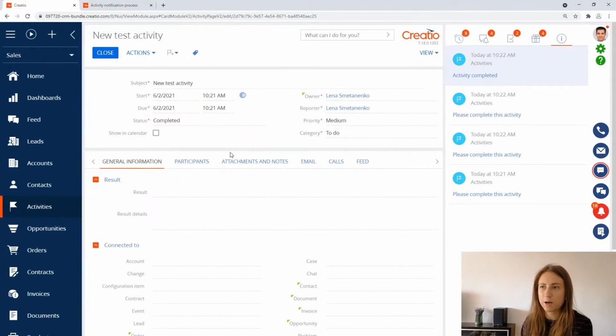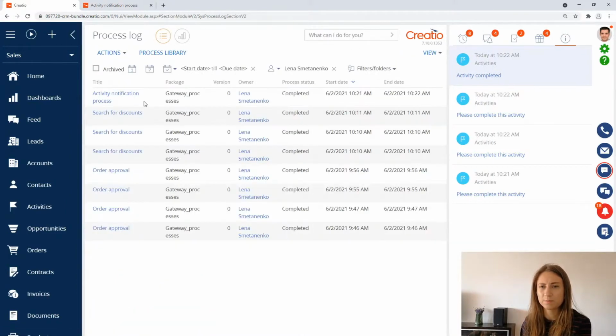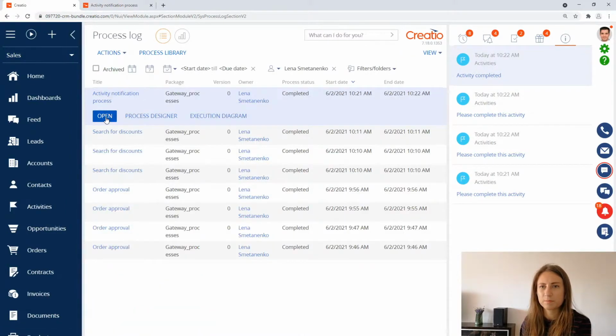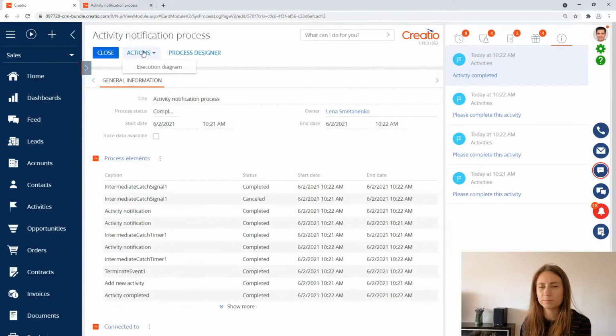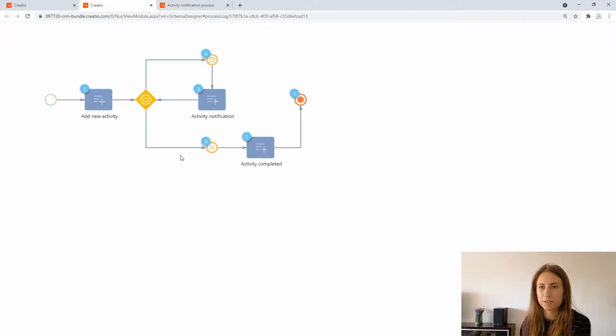And if I go into my process log, I think with this one, it's worth checking out the process log. Here's my activity notification, execution diagram. As you can see, I went 4 times through the timer. On the third time, when we got back here, I had got 3 messages, and it was still waiting for the fourth one. And as you can see, these both get triggered, or basically activated,